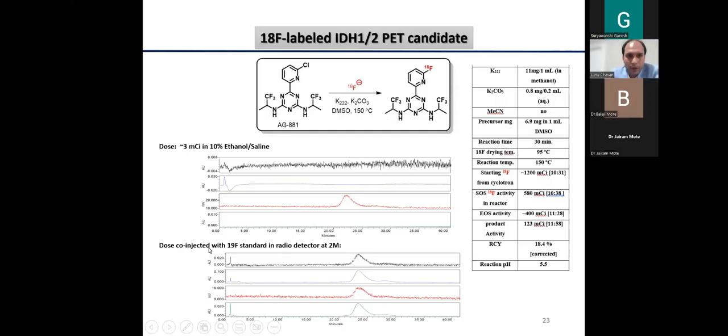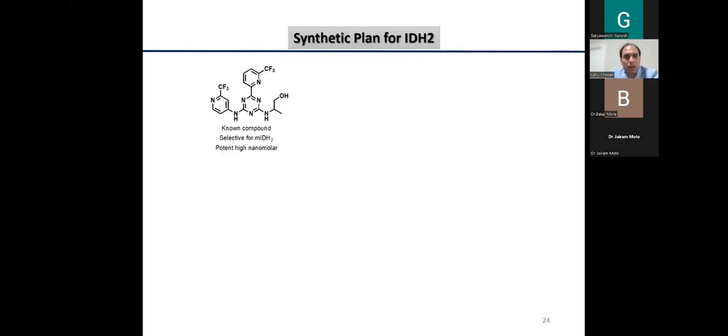confirmed with HPLC by comparing the F19 standard with the F18 product, where we observed correlation of both peaks, which confirmed the formation of the required product. So now these compounds we are using in cell studies, then we will go to rat studies. Now the next analog is